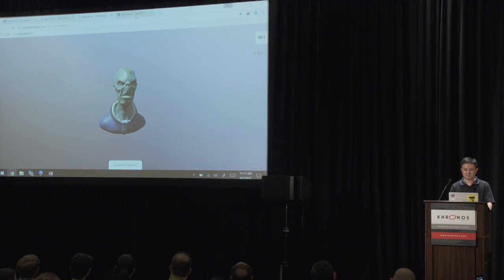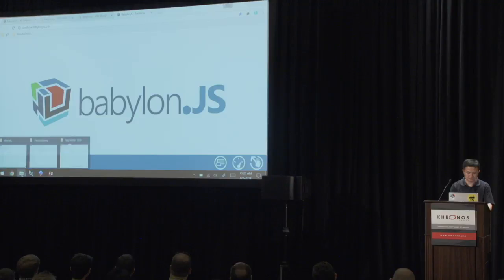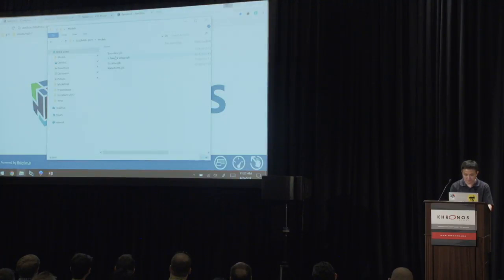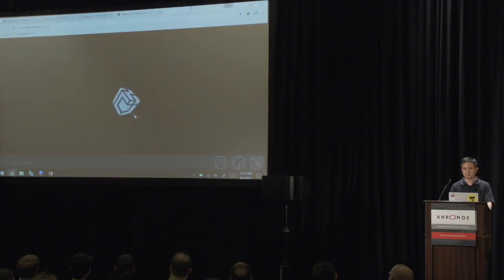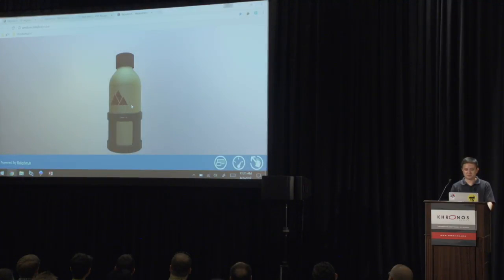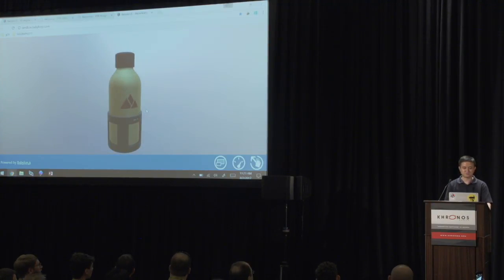And then finally, we also have a viewer which we call the sandbox, where you can just drag and drop your glTF files and just view them right in the browser. So it's a nice way to test out your glTF files. You can find out more about this. I think Sebastian, who might be here, is going to talk a little bit more about Babylon.js and Spectre.js in